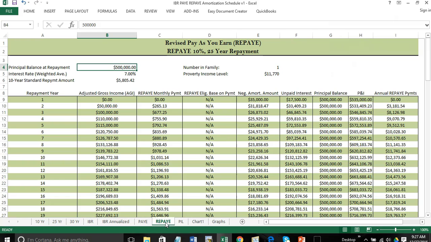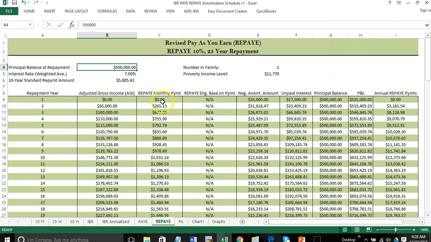Again, the one condition that I would be concerned with is if you're married, your spouse has significant income but no federal debt. So those are the situations that I might stay in IDR. If you're married and your spouse has significant income and significant student loan debt, I would ask that you contact me so that I can provide an analysis. More than likely, it would be better for both of you to move into REPAYE if your spouse has significant debt as well. But again, reach out to me if you have that question.